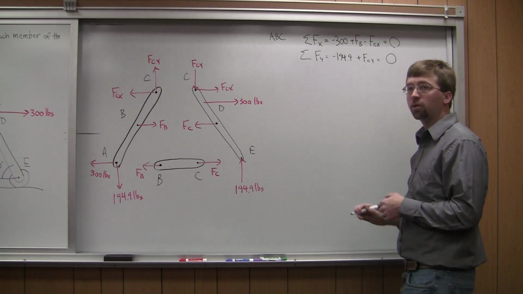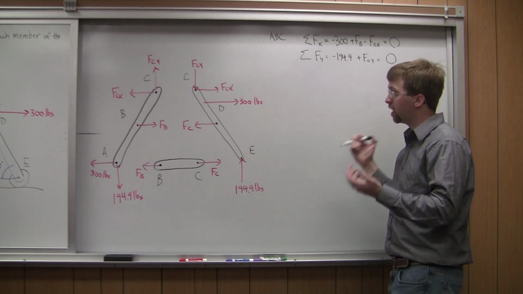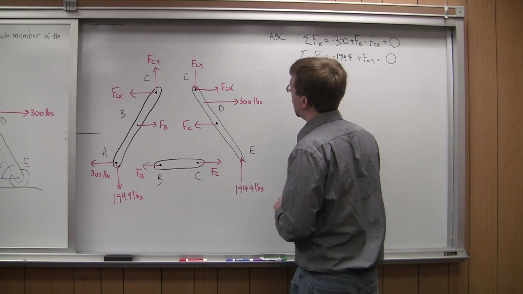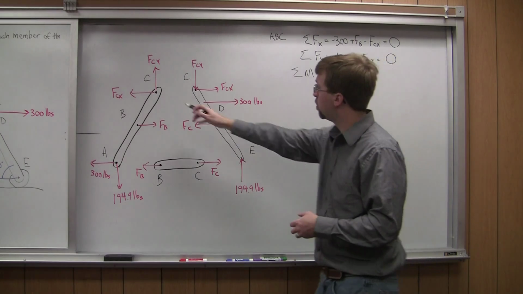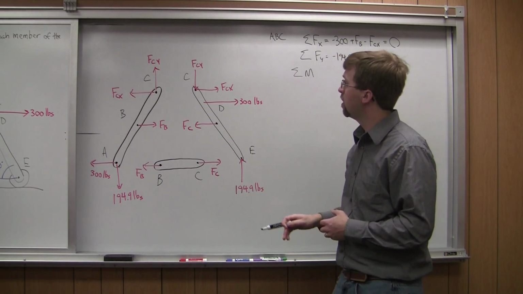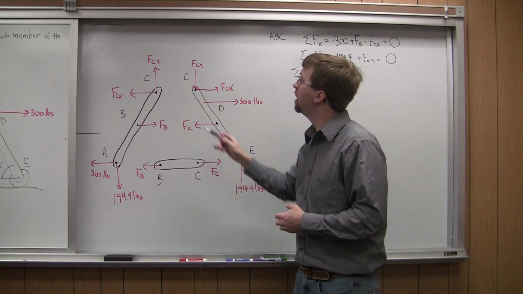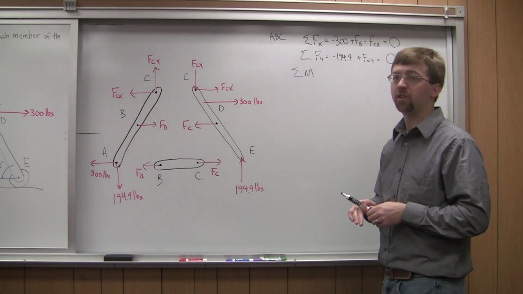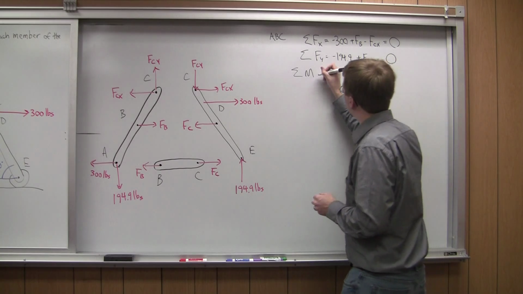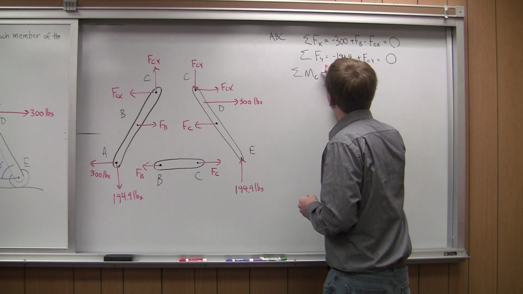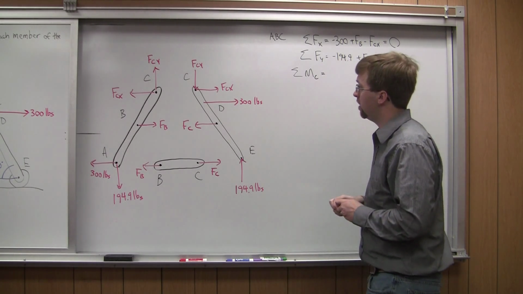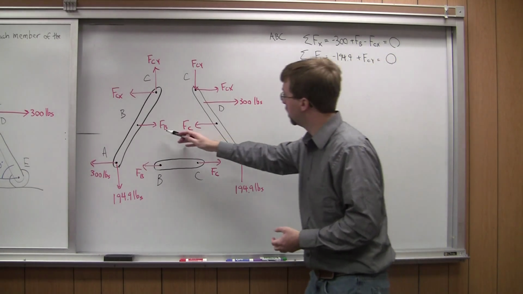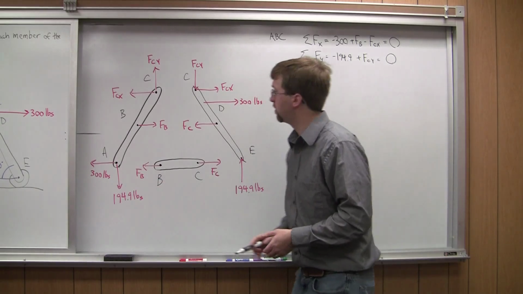And that whole thing is equal to 0. Now for sum of moments, I need to choose a point. So sum of moments, and I'm going to choose point C. So I don't know FCX, FCY. If I take the moments about that point, it'll make my calculations easier. There'll be less unknowns. So sum of moments about point C is going to end up being equal to force times distance for this force, and this force.